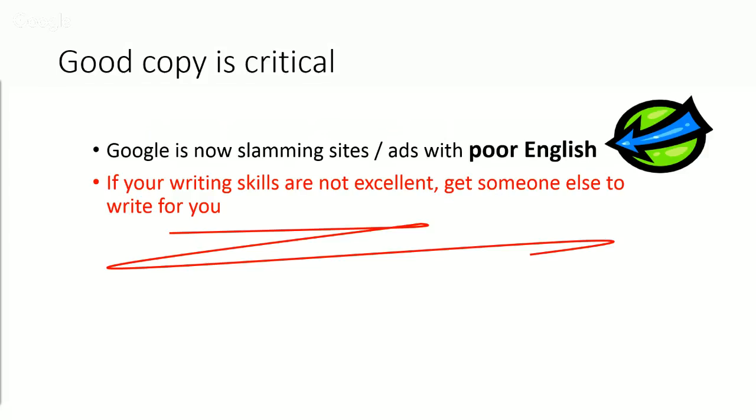All right, we've kind of gone through this one already. You've got to have good copy. And again, if you don't have good copy, get somebody to do it for you. Revert to video as much as you can. Create video blogs instead of written blogs. Get around it somehow, but make sure that the quality of the writing or the quality of the content is good, high quality. It's best for the search engines, and it's also best for the people that you're sending it to. If they can't figure out what the heck you're trying to say or where you're going, they're not very likely to see you as the expert and buy what you've got for sale later.